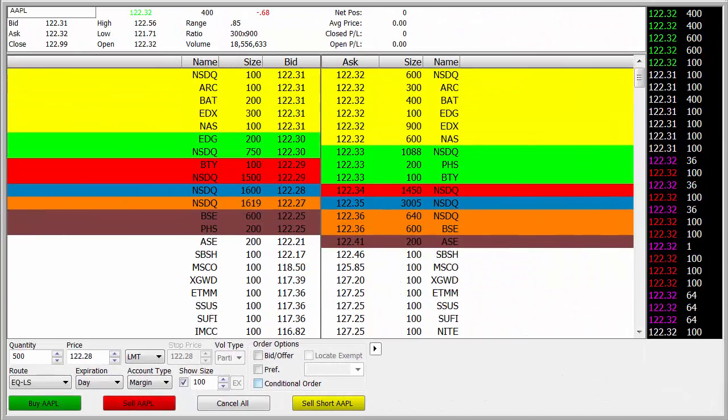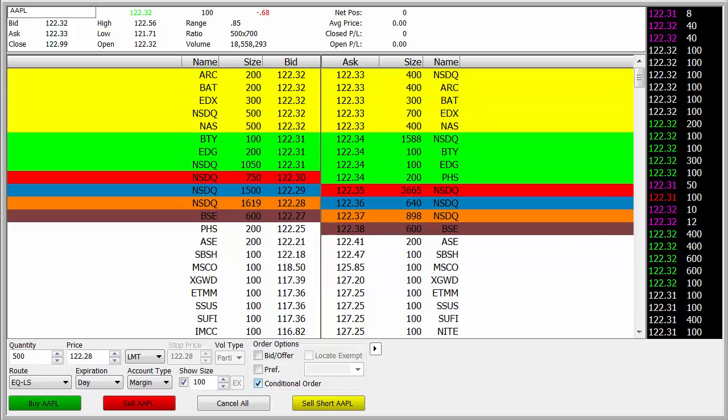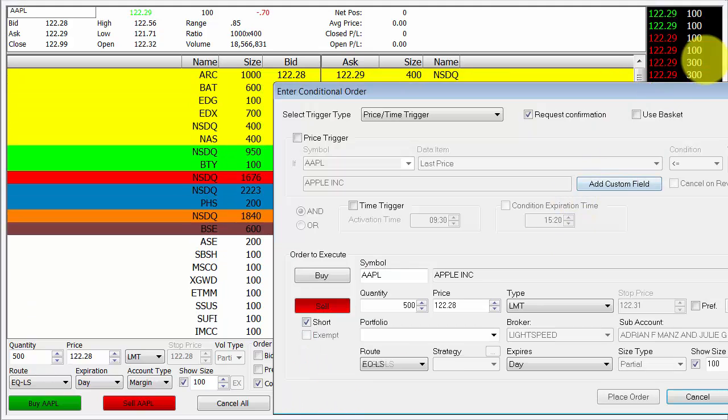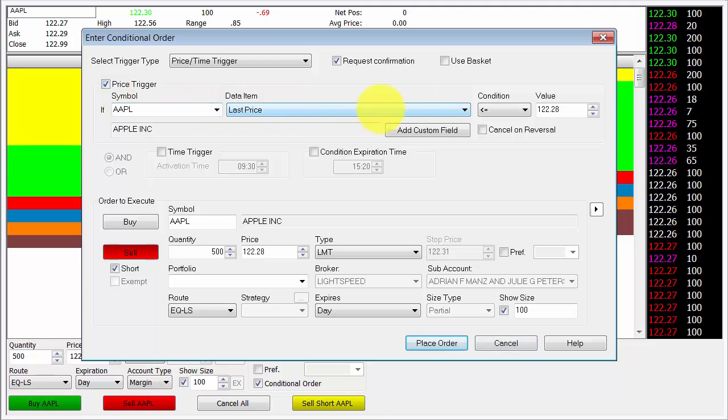So if you want to make sure that Apple is trading up above 122.50 after having traded at 122.31, you're going to click on a conditional order and you're going to say sell short. When the enter conditional order box pops up, you're going to use a price trigger. Last price has to be greater than or equal to 122.52, let's say, so it has to tick just above